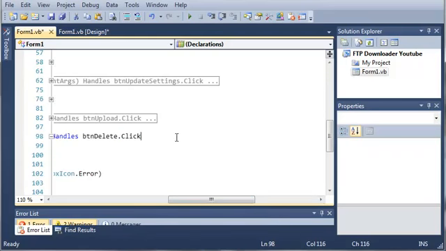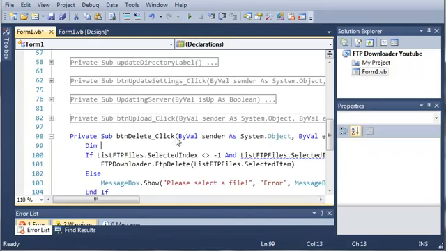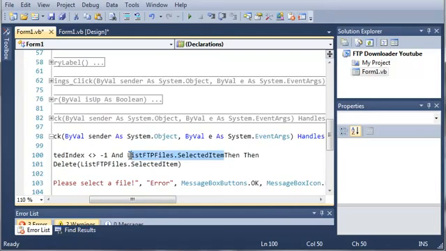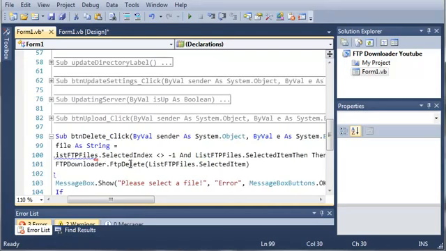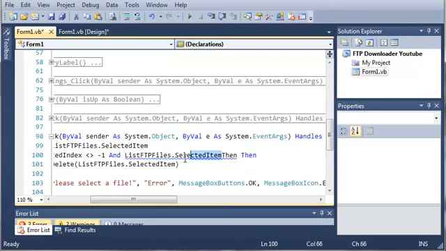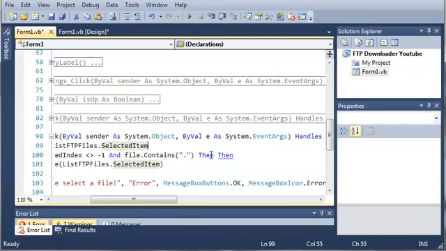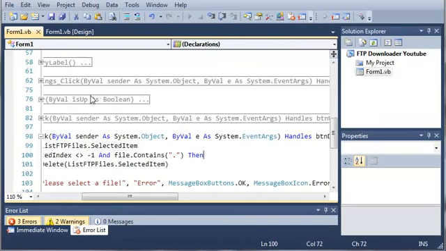So in order to use contains, what we're going to have to do is create a variable. So dim file as string, and we'll set it equal to this right here. So we'll just copy that and paste it. So if the selected index is not equal to -1 and file dot contains a period, then go ahead and let them delete it. Now we need to get rid of this right here. So we'll go ahead and run this,